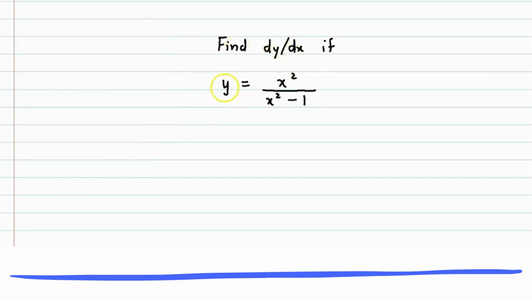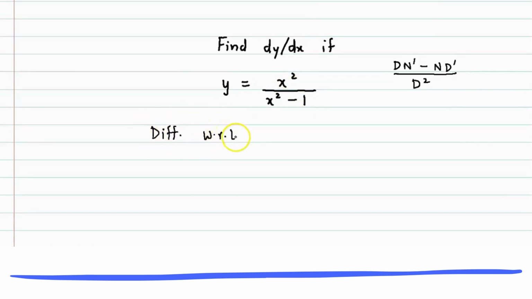Find dy by dx if y is equal to x square upon x square minus 1. Now here we could apply the quotient rule for differentiation. Now you know that the quotient rule for differentiation is denominator into derivative of numerator minus numerator into derivative of denominator divided by denominator square. So applying the quotient rule on this function,